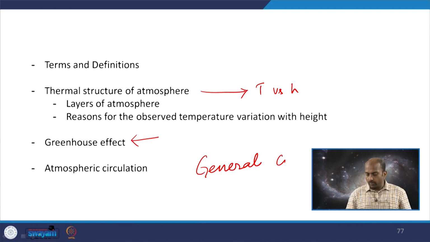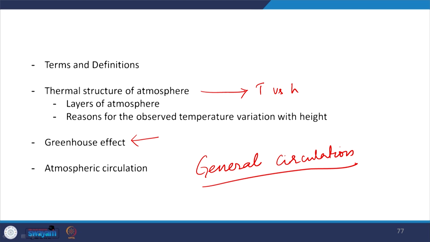Okay. Then we will try to understand the atmospheric circulation, the general circulation of atmosphere. Now, circulation of atmosphere is a very famous or very familiar word that you must have come across in your earlier science lessons, right. Circulation of atmosphere at the same time is a very elaborate topic in itself. So, we will not discuss the entire scope of the general circulation, rather we will try to understand the fundamental physical principle which is behind driving the atmospheric circulation. So, we will give a very brief overview of the atmospheric circulation, right.